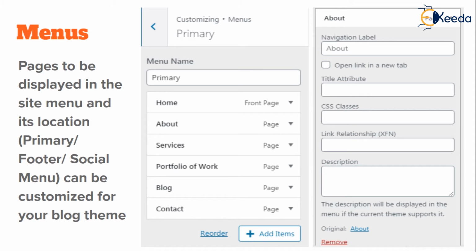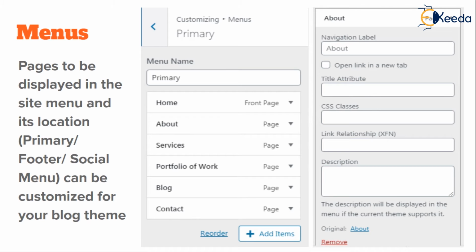Or you can even customize social menus using this particular customization functionality in your blog site. When you're doing that, you will see that each particular menu component is treated like a page by your CMS, and you can give it a name. For instance, what I've done here is I've taken the example of the about page, which is one of the menu component, and it asks you what would be the navigation label, as in what is the name of this